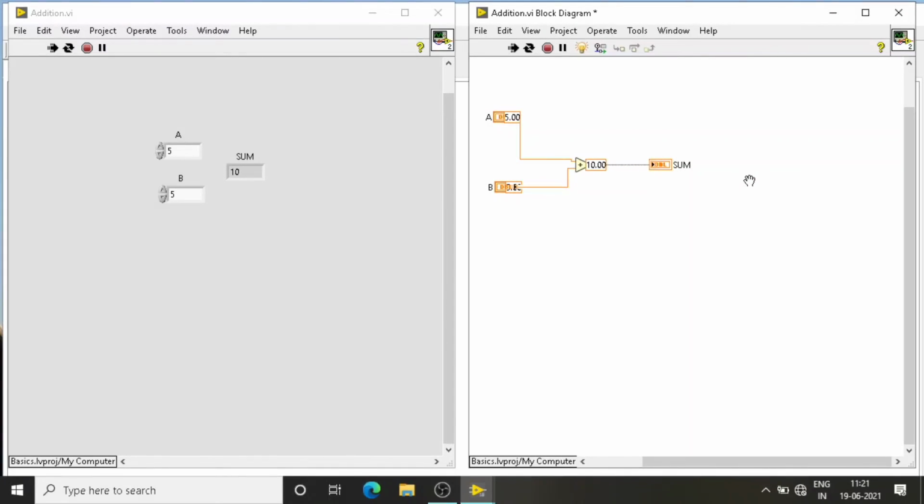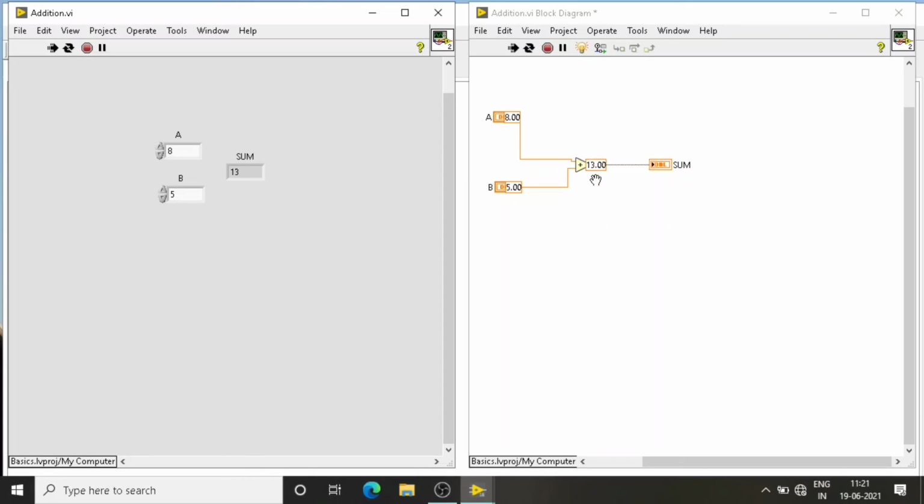This is the format of data flowing in LabVIEW. Just understand the concept of data execution in LabVIEW. Now I am increasing the value, and it updates.